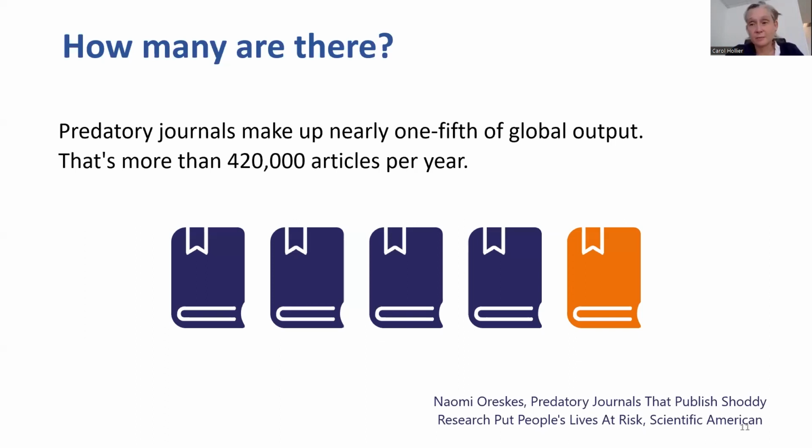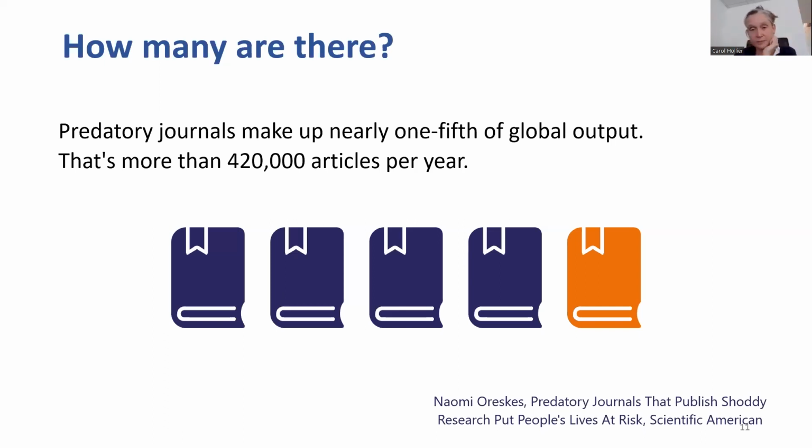The Federal Trade Commission actually sued one publisher for more than $50 million because of their deceptive practices, that they said that they were providing a service that they were not providing to authors. So it's a huge and sadly endemic problem in the scholarly